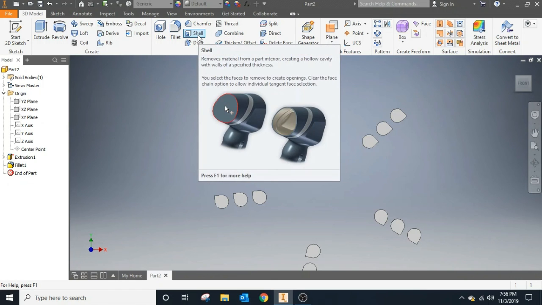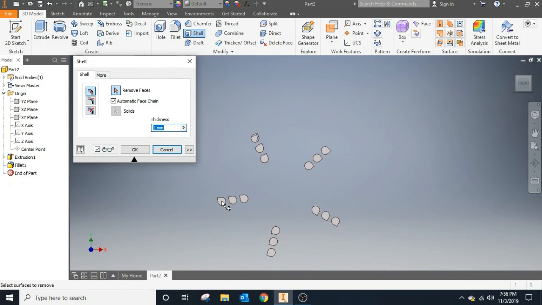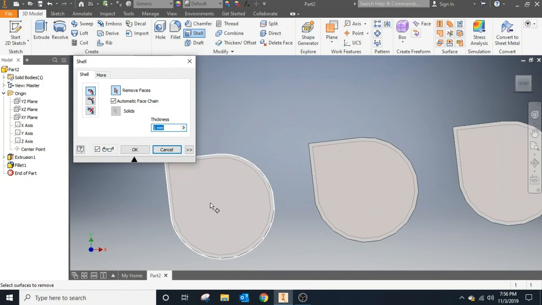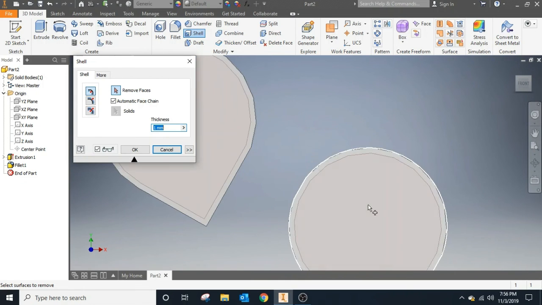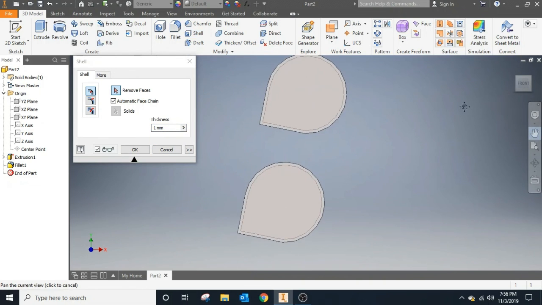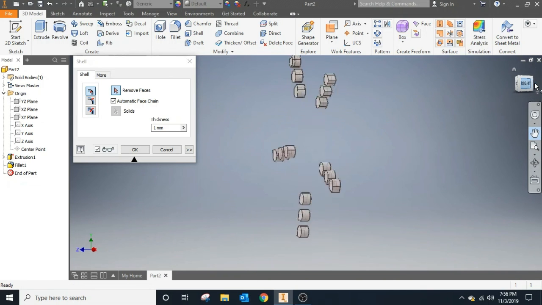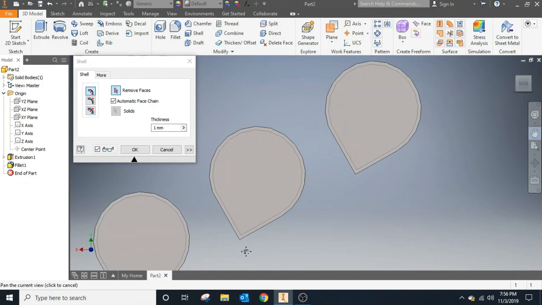Shell, you can actually core out a part. Let's see, I don't think you need another sketch for this. Let's go to one of these ones that I didn't fillet the edge on. Did I do it to all of them? I think I did it to all of them. So let's go to the other side. So I'm going to spin this around, take a look at this edge here, this side here. And I'm going to shell